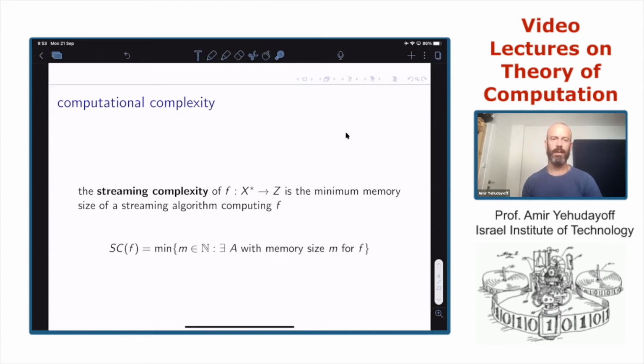Okay, so now we have functions, the thing we want to compute. Then we have a model, a computational model, which is devices. And then we have complexity theory, which is for every function, we associate its computational complexity. Now I want to move to a specific example that we will focus on to make this a bit more concrete.